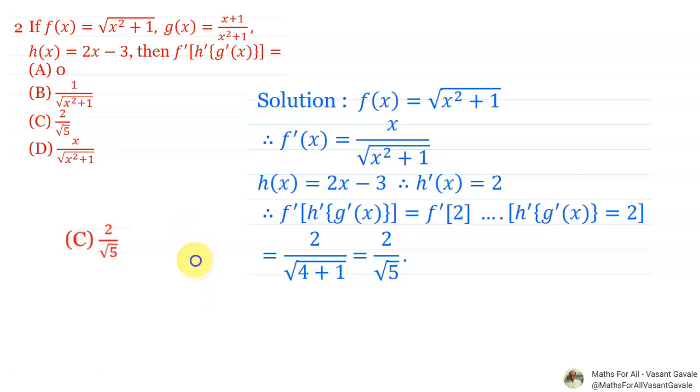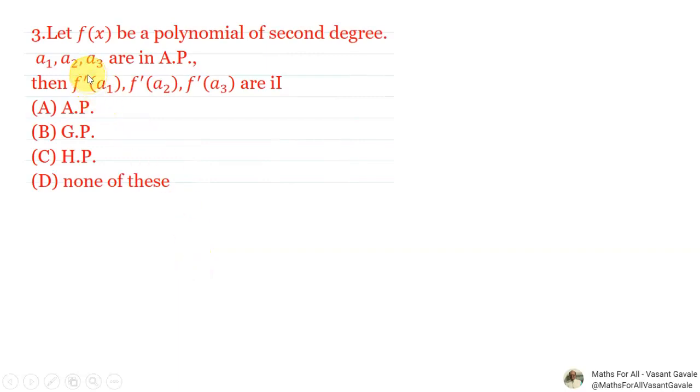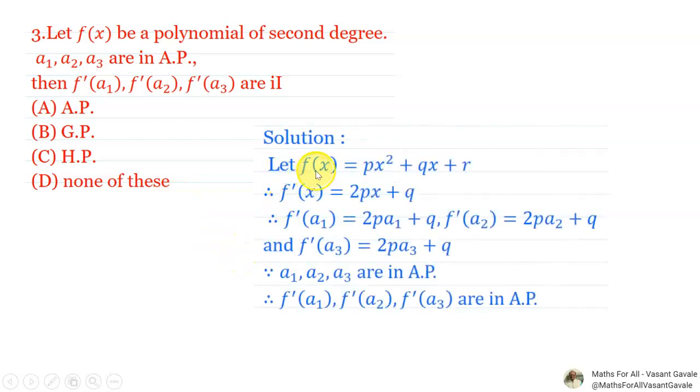Now the next example, let f of x be a polynomial of second degree, a1, a2, a3 are in AP, then f dash of a1, f dash of a2, f dash of a3 are in AP, GP, HP, or none of these. Okay, let f of x is equal to px square plus qx plus r, f dash of x is 2px plus q, f dash of a1 is 2pa1 plus q, f dash of a2 is 2pa2 plus q, f dash of a3 is 2pa3 plus q,